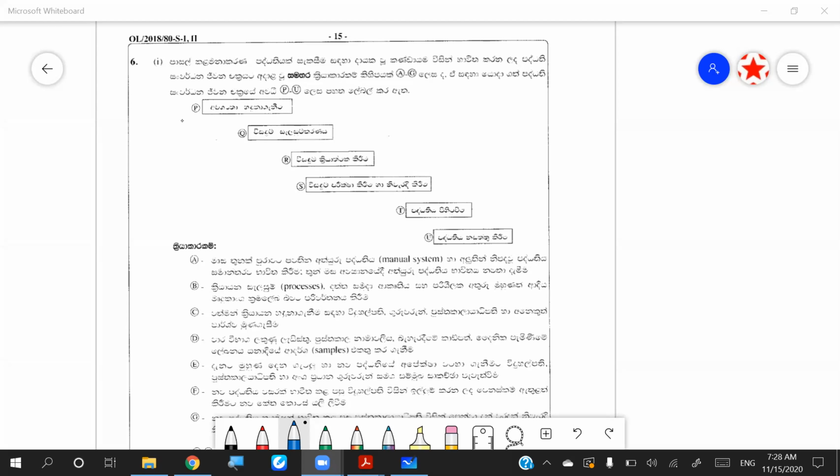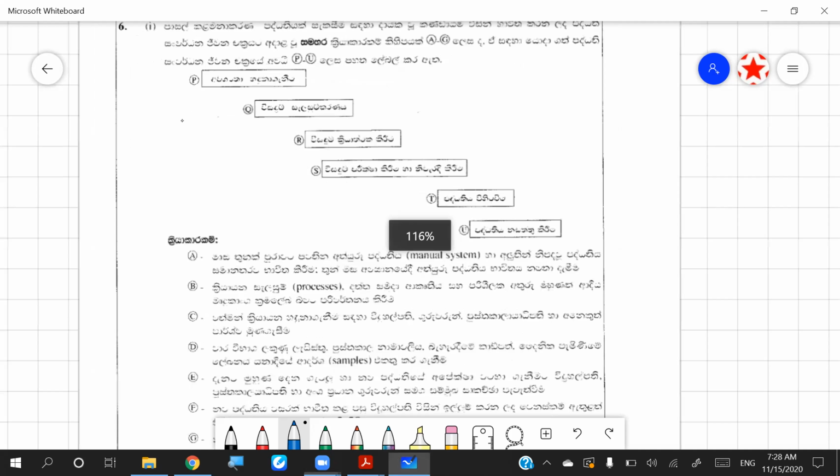So A is going to be a deployment option, which belongs with the T. So for A, you are going to get the category as T over here,